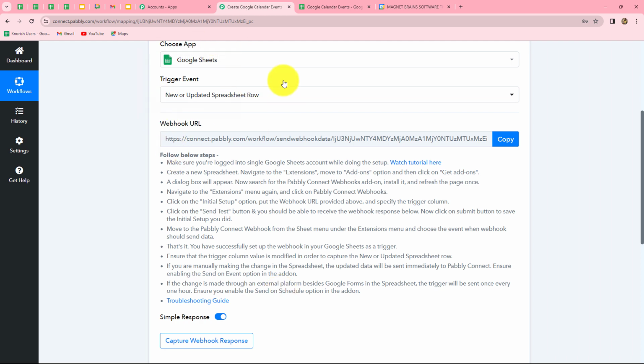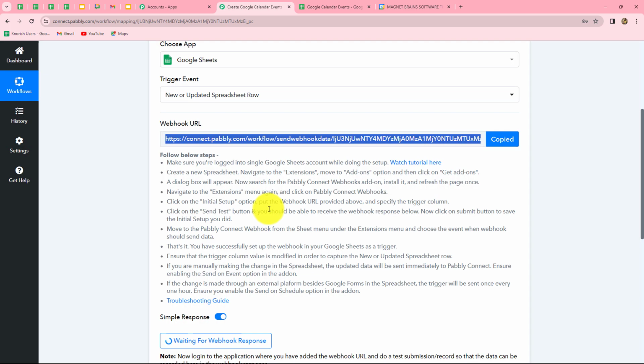So as we have selected our trigger event, we are provided with a webhook URL and some instructions. We need to follow these instructions step by step in order to connect our Google Sheets with Pabbly Connect. And the webhook URL which is provided to us is going to act as a bridge for sending the data from Google Sheets towards Pabbly Connect. So first of all, let us copy the webhook URL,